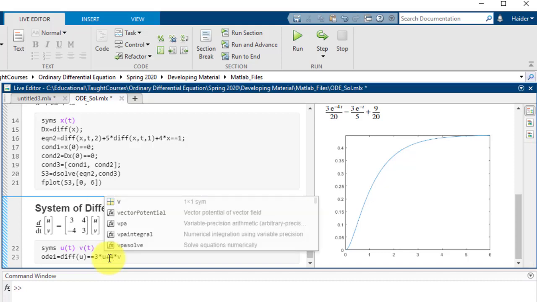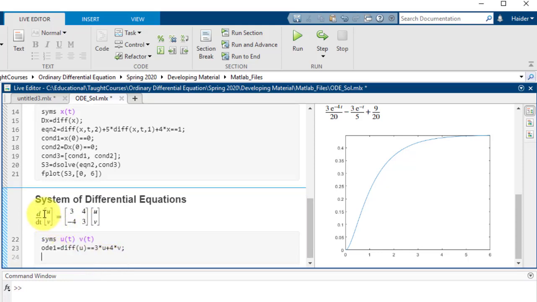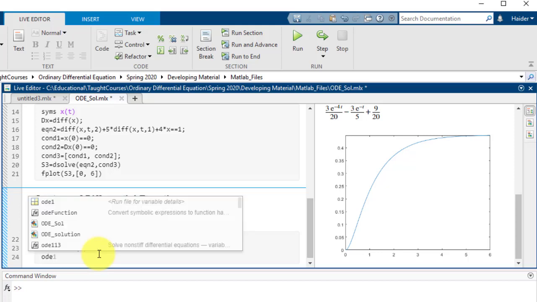This is the first equation. According to this matrix notation, the first equation is the derivative of u equals 3 times u plus 4 times v. Similarly, using the second row of the matrix notation, you can use this ODE2 equals